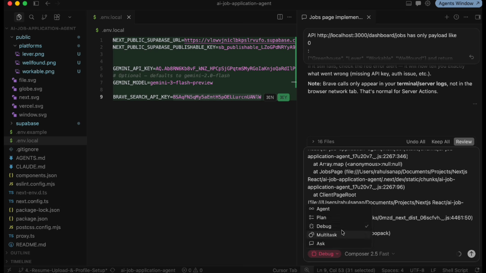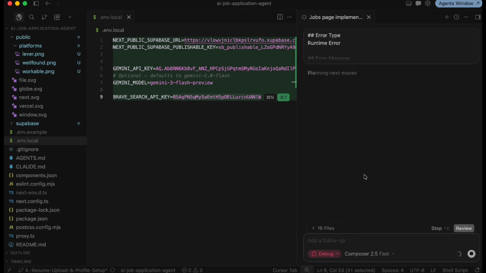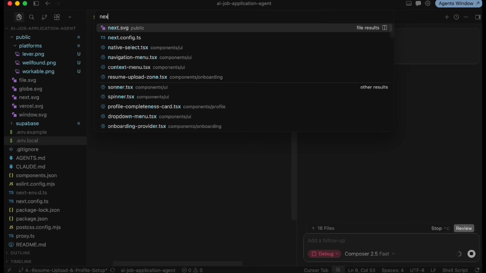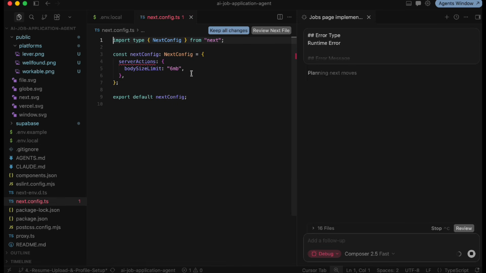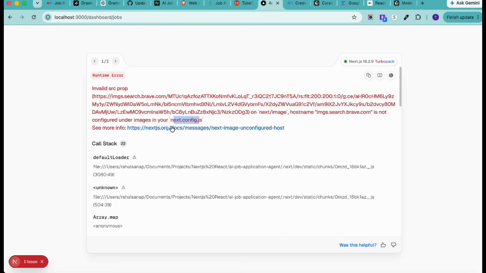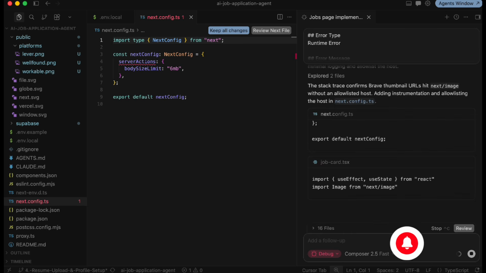You can hover on it, and it says it systematically diagnoses and fixes bugs using runtime traces. So let's send this out and wait. It will simply update your next.config.ts file and add this host name so that your image is whitelisted